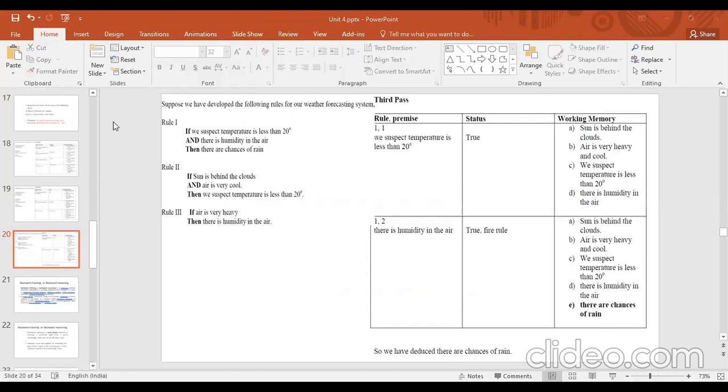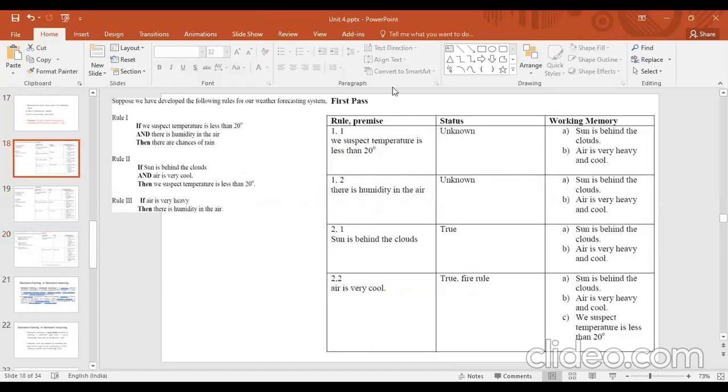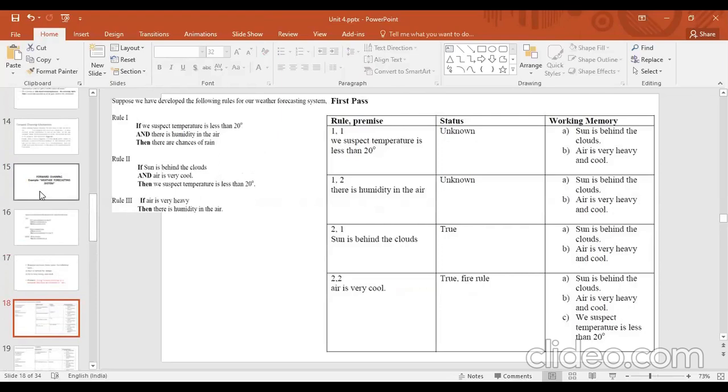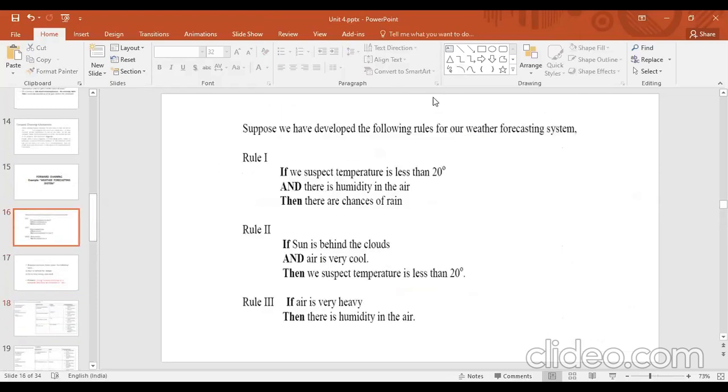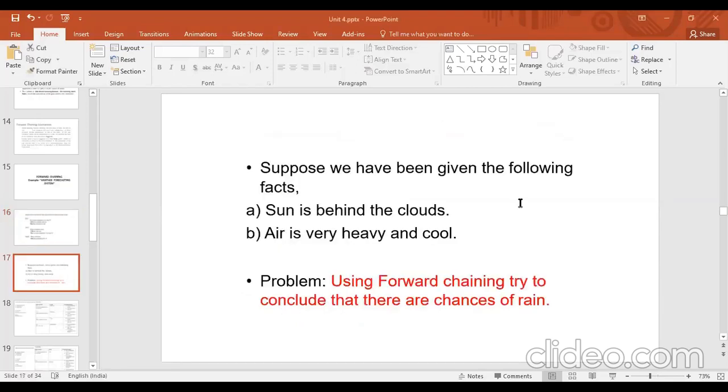Anyone have doubt? Okay. So starting with our initial fact, because in our forward chaining we have given two data, that is the rule and fact. I have given this rule because the system predicts data based on our given fact or rule. What is fact and rule? Fact and rule are the basic or the truth data regarding your problem. So I gave this rule in our system. Okay. Now the fact is the sun is behind the cloud and the air is very heavy and cool.